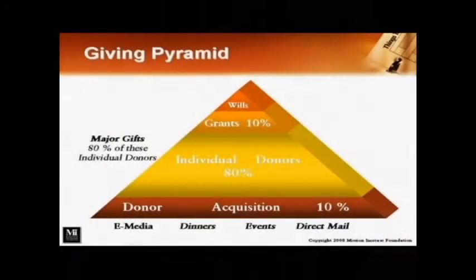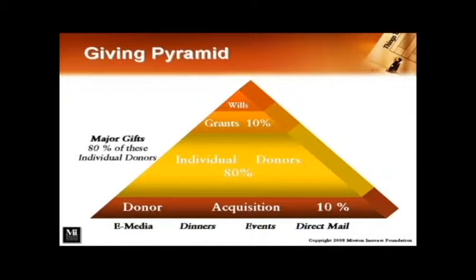The giving pyramid. This represents a simple triangle. This represents 70 years of fundraising in the United States of America. All nonprofits report in, they do their tax forms or their 990s, and those are collated and studied over the past 70 years to see how money has come to the nonprofit industry. And what they've learned over those 70 years is about 10% of all the income you raise annually,